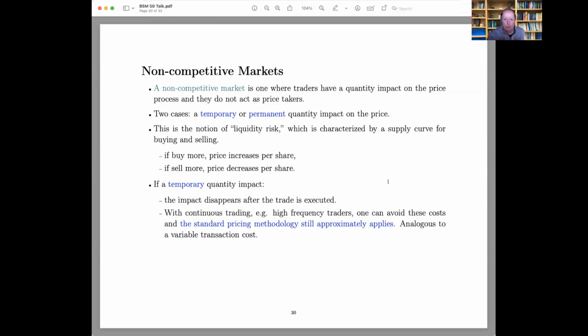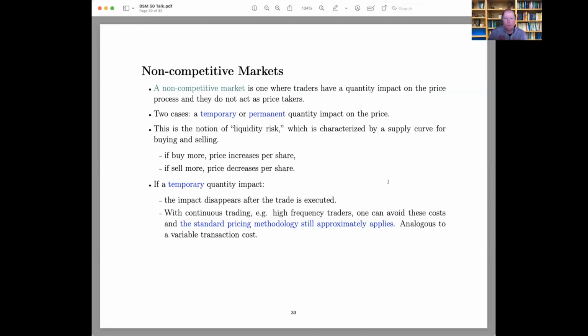And it's when markets are non-competitive. And I define a non-competitive market to be one where traders have a quantity impact on the price process. That is, they do not act as price takers. And there are two cases to think about in such a non-competitive market: when the quantity impact on the price is temporary or permanent. And in either case, this is a notion of liquidity risk, which can be characterized by a supply curve for buying and selling,